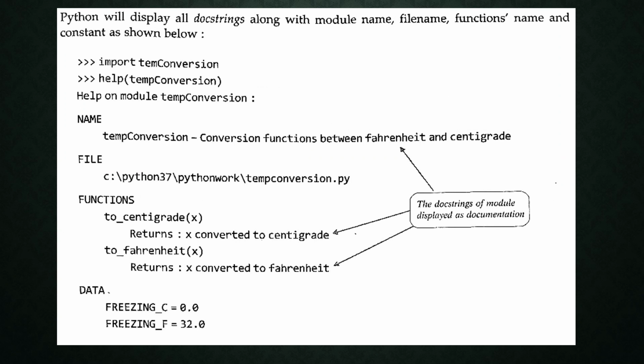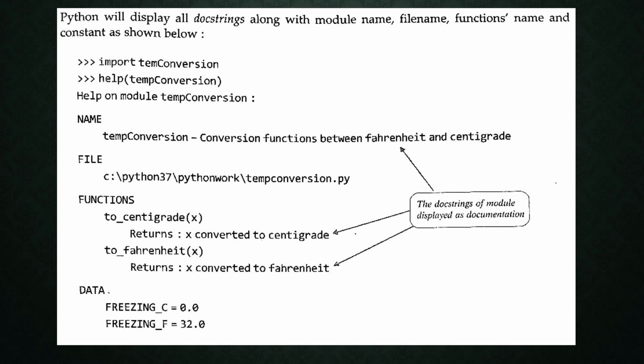Here, import temp conversion, then help temp conversion. First you establish the link to the temp conversion module, then help gives: help on module temp conversion, functions between Fahrenheit and centigrade. That is the first docstring, just like a caption in our program. Then it displays the file name, C Python 37 Python work temp conversion.py.